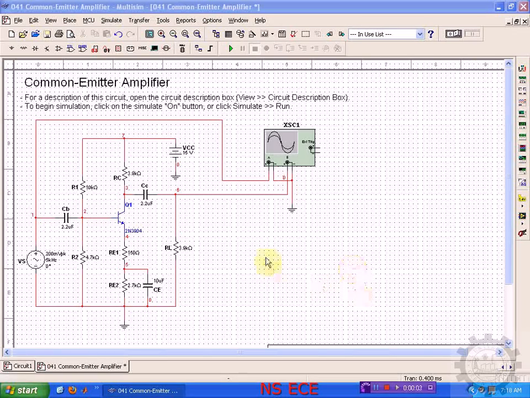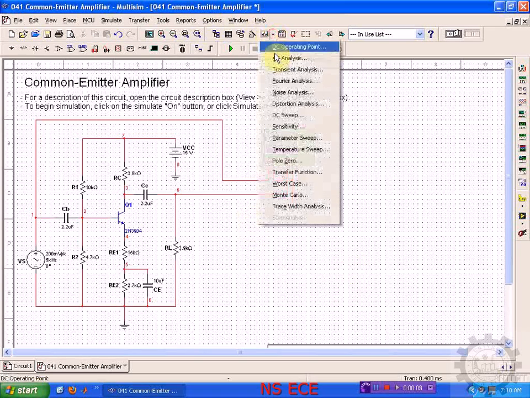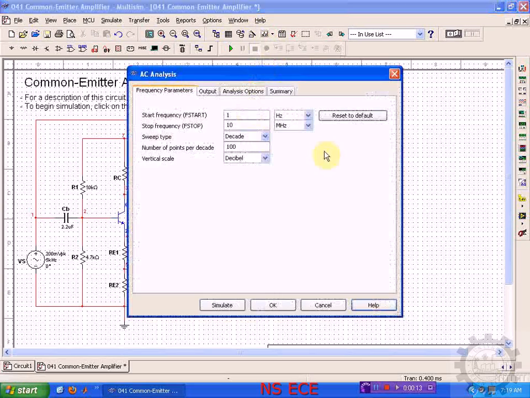For the same common amplifier, now we perform the AC analysis. This AC analysis is similar to our Bode plot analysis, and we select it from the analysis tab as AC analysis. Again, this AC analysis consists of 4 tabs: frequency parameters, output, analysis option, and summary. In the frequency parameters tab, you have to set the start frequency and stop frequency, that is F start